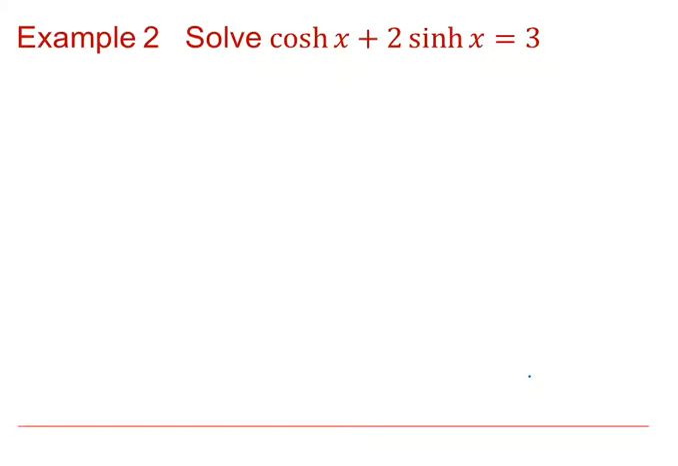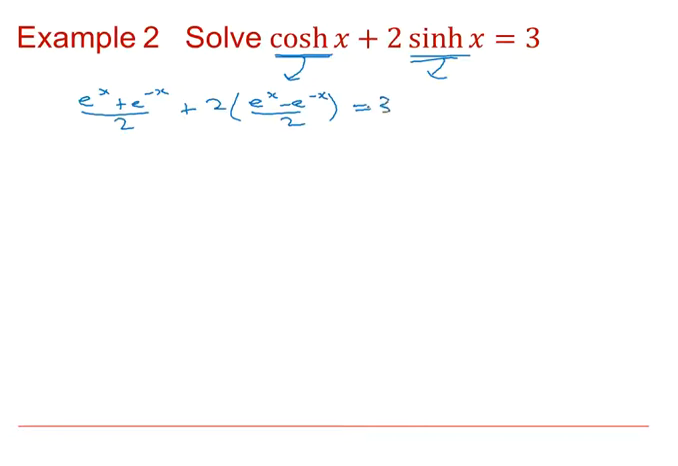So this equation has a little bit more going on. We've got to solve cosh x plus 2 sinh x equals 3, but again, using your standard definitions of cosh x and sinh x will allow us to present this equation in a form which can be solved. So cosh x becomes e to the x plus e to the minus x over 2, and we're going to add on two lots of sinh x, e to the x minus e to the minus x over 2, which has to be 3. Multiplying all the way through by 2,